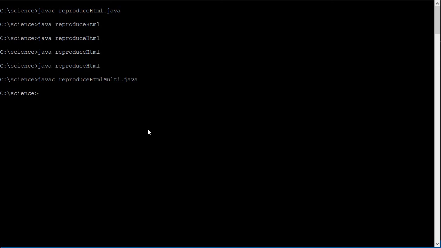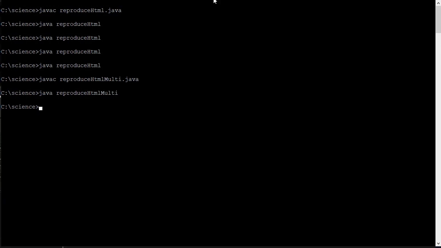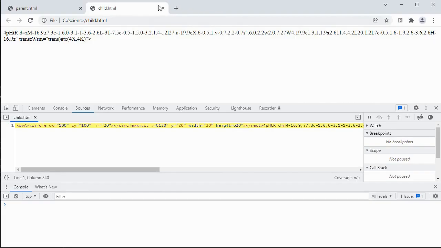So now what we're going to do is run it in the same way we did the other one. Java reproduce HTML multi, and again we get rid of that extension. And so it has now done a number of mutations to the child. So now when I go back to the child and refresh the screen, I see something really strange. And you might think that this is actually increasing the functionality because we have these characters and everything else like that. But really what's happened is that this is such a bad set of mutations that we don't even see